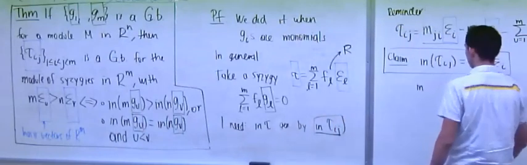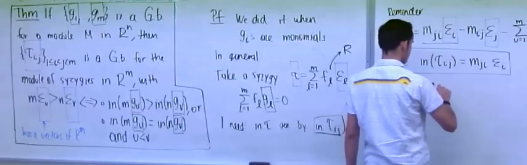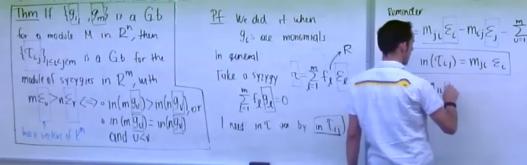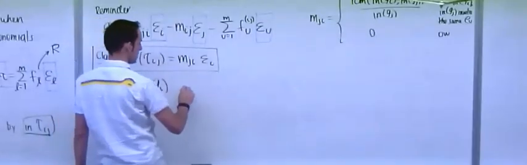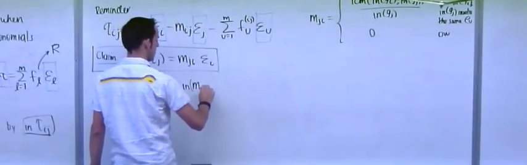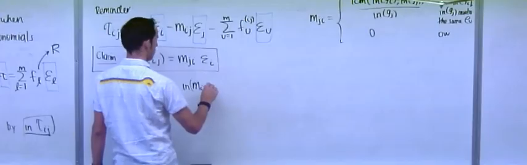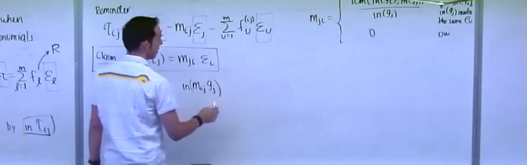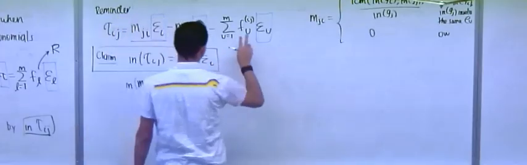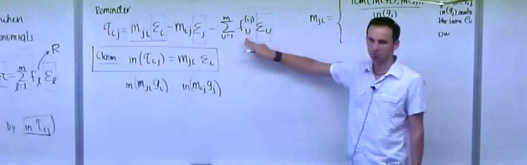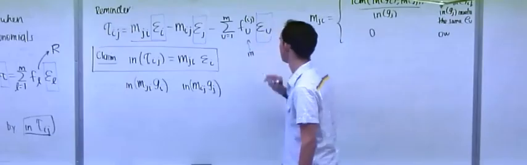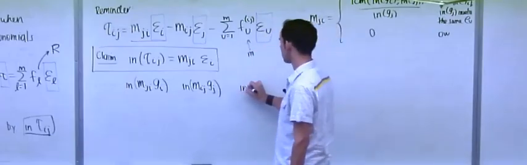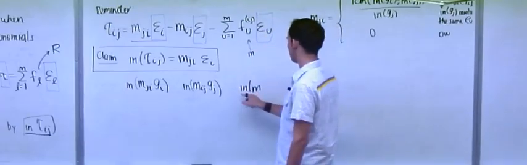Sorry, the initial term of M_JI G_I is what I need to compute for this one. For this one, I need to compute the initial term of M_IJ G_J. And each one of these things is going to be some monomial. If M lives in here, then for each one of those M's I have to compute the initial term of